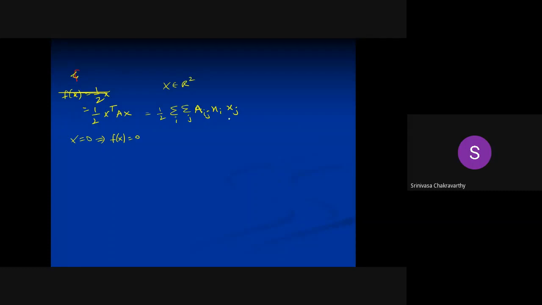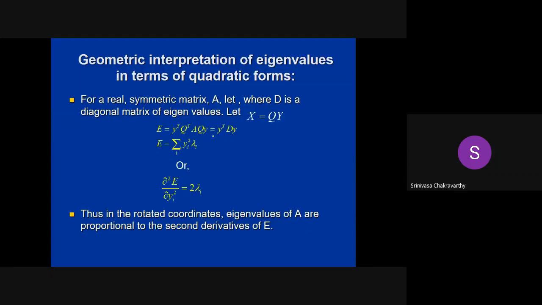So we'll do a small trick and rotate the coordinates, transforming x to y in such a way that in the y coordinates the function has a very simple form. In the y coordinate space we will discuss whether the function has a minimum, a maximum, or something else. Now you might have a doubt: I'm trying to find a minimum or a maximum in the x coordinate space, so even if you answer the question in the y coordinate space, how is it relevant? How can you carry over that result to the x space? Let us see how that is justified.